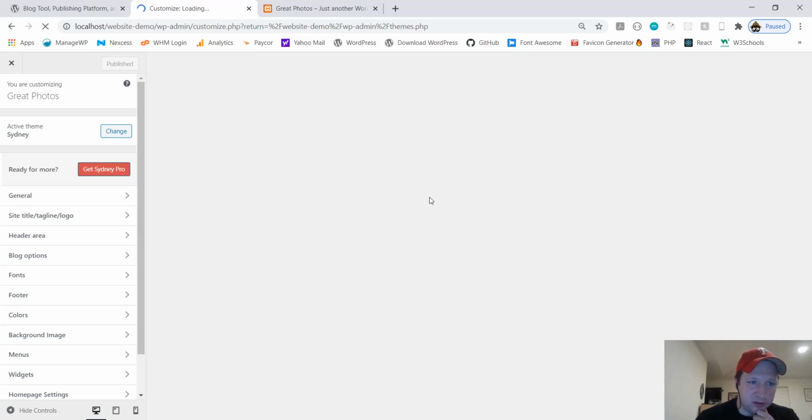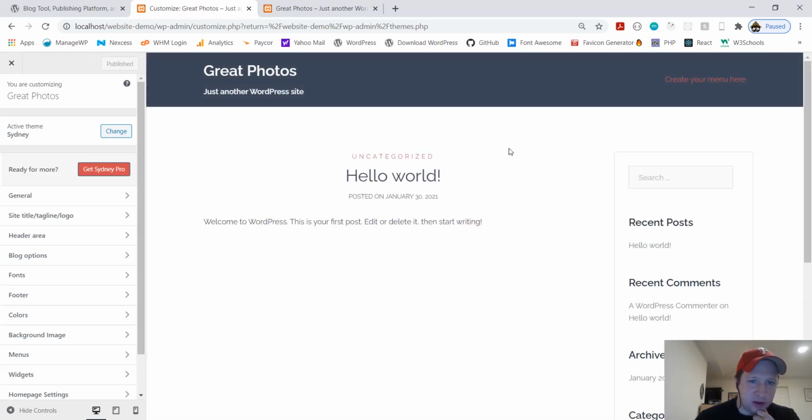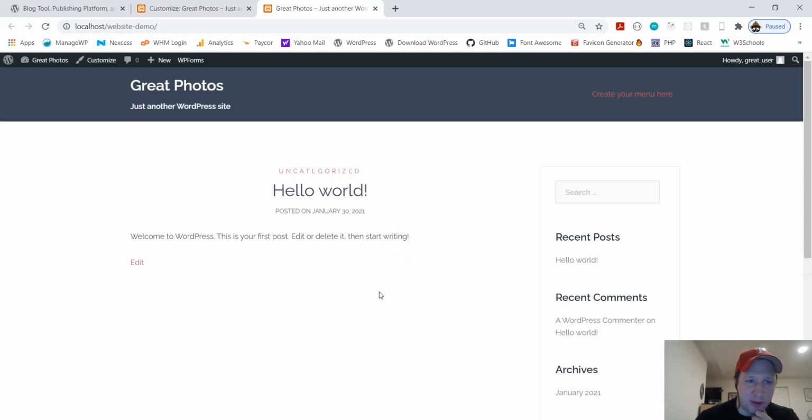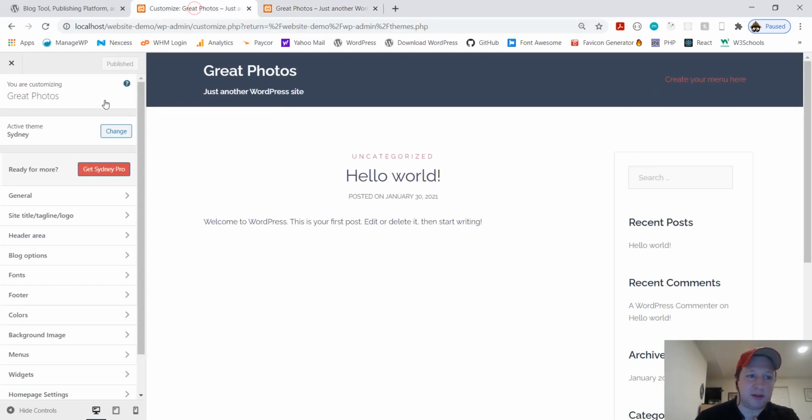So it's got your website on the right. Notice how it looks different now that we've installed our Sydney theme. I'll show you the front end. This is the front end, by the way. This is the actual website that your customers see. This is the back end where you work. Okay, so this is just what Sydney gives us. Now, obviously, it looks different than what we've seen in the little thumbnail. But we're going to get right into customizing it.